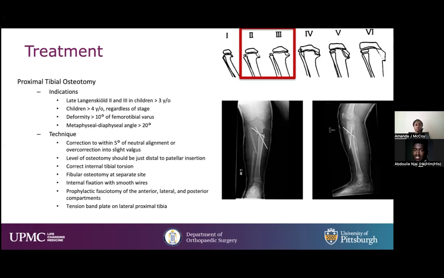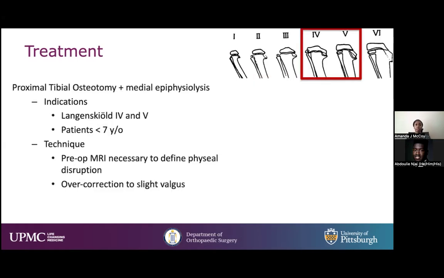And it's important to do a fibular osteotomy at a separate site. Oftentimes you put in buried wires to hold the osteotomy with a cast, and then you take out the wires at a different time. As you go up in stages, you can again do another proximal tibial osteotomy for stages 4 and 5. And then sometimes, if you can really see the bar of the medial proximal tibial growth plate,